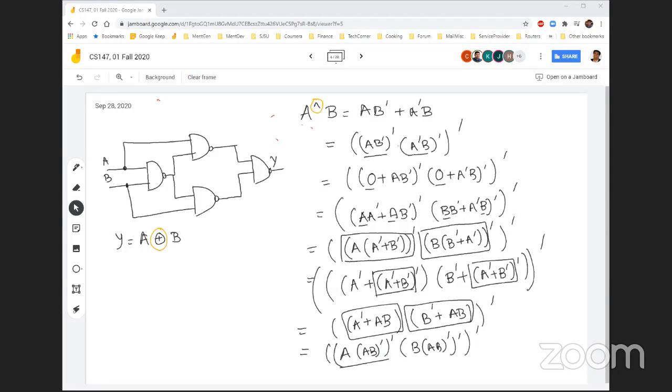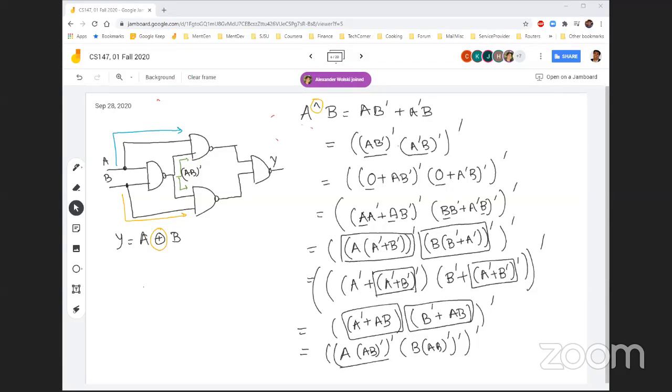This one is A, and this one is B, and this one is your AB whole bar. This is your AB whole bar, right? So let's note it down. AB whole bar,